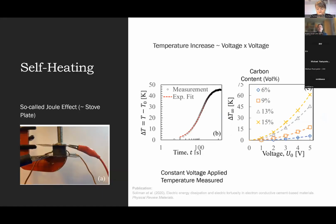Well, the interesting thing about this is that if you have an electron conductive material, you can redo with this material your everyday experience of an electric stove. Meaning, if you apply a voltage to the system, you generate heat throughout the sample, and the temperature rises. There's a distinct time scale to this rise, which relates to the thermal boundary conditions of the system. But intrinsic to the process is the observation that the temperature increase scales with the square of the